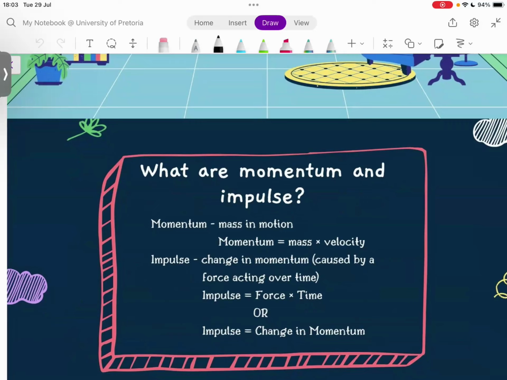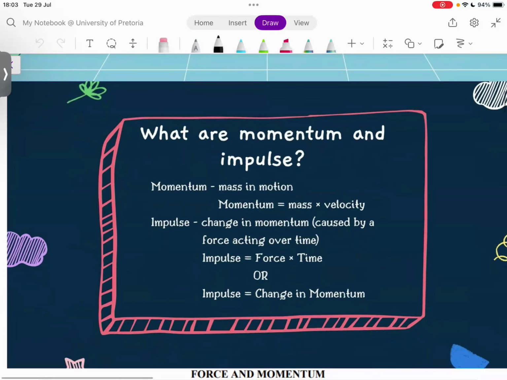You can think of momentum as mass in motion. This is essentially the oomph something has. So if something has a higher mass, it has a high momentum. If it has a higher speed, velocity, then it has a high momentum. For example, you could use a truck and a bicycle. A truck traveling at 10 kilometers per hour will have a higher momentum than a bicycle traveling at the same speed. And that's because of the formula, momentum is equal to mass times velocity. It is mass in motion.